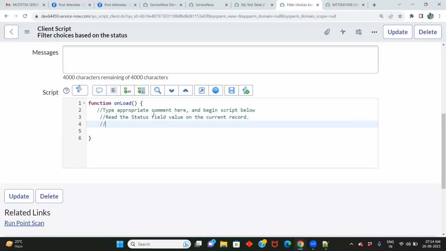After reading the status value, verify the status is open. Then show